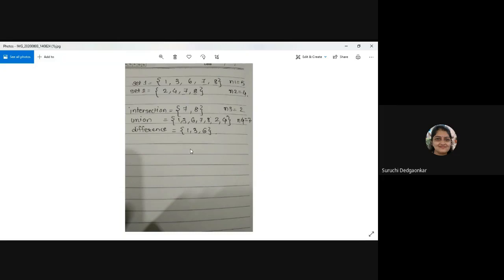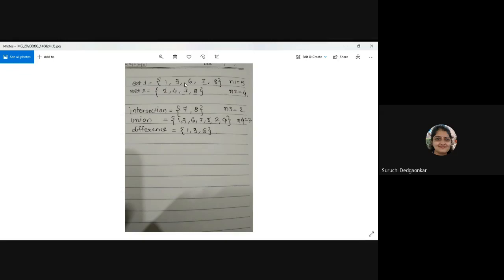When we say any set, we imagine two circles, isn't it? One circle is set 1, another is set 2, and there will be some common part for those circles, that will be nothing but the intersection. The collection of all the elements of both the sets as well as the common part will be nothing but the union. Union contains all these elements, but repeated elements are copied only once. And difference, that is for the part like only maths or only science, we need to find the difference between these two sets.